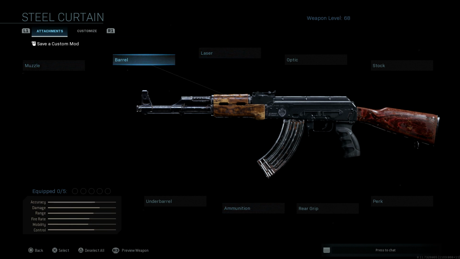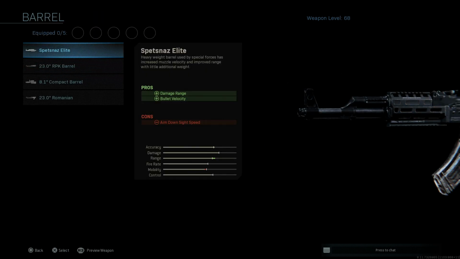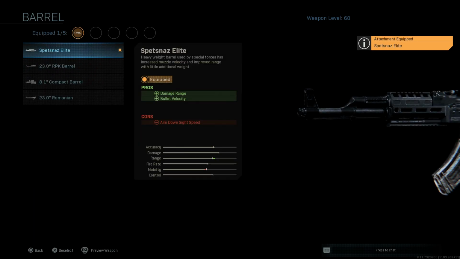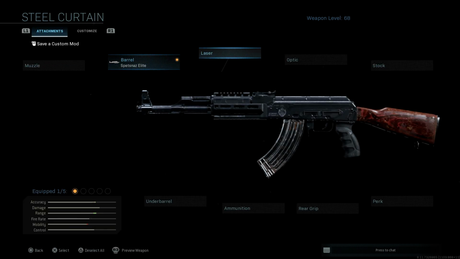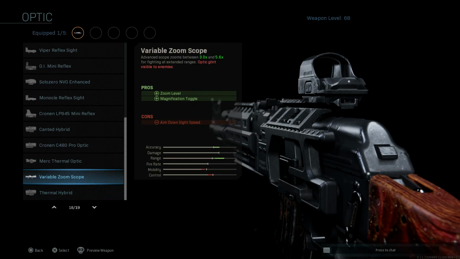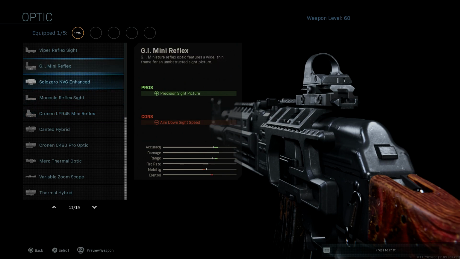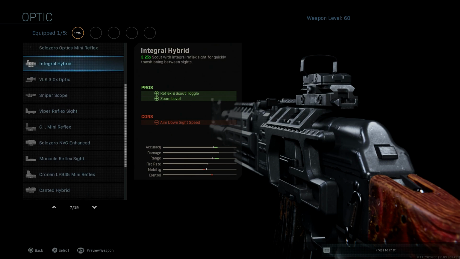The attachments that I've been using are the Spetsnaz Elite barrel, and that's going to give us our damage at range and our bullet velocity increase, with the con being the aim down sight speed. I'm skipping out on the laser and going for the optic, and I've been using the Canted Hybrid sight on this particular one. So if I go to the Canted Hybrid,